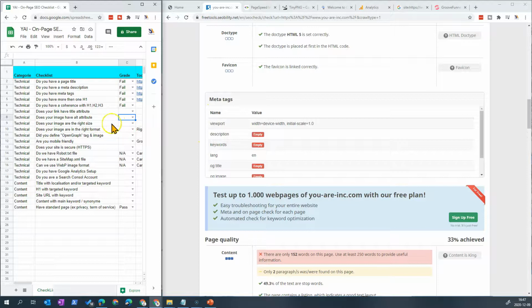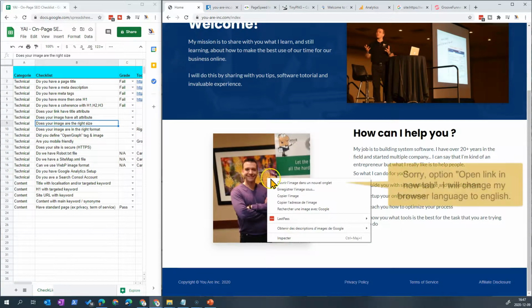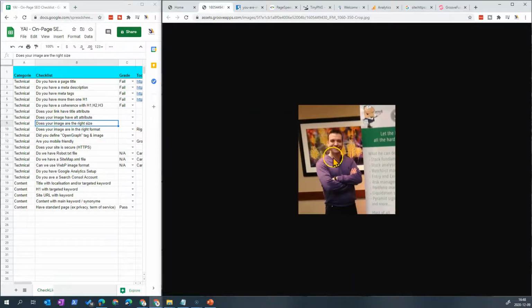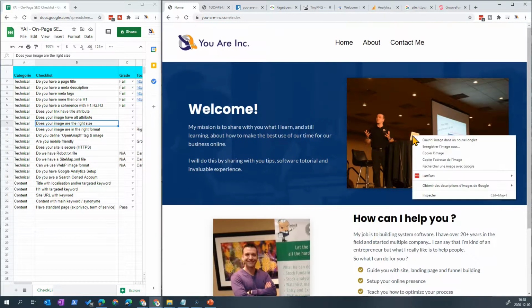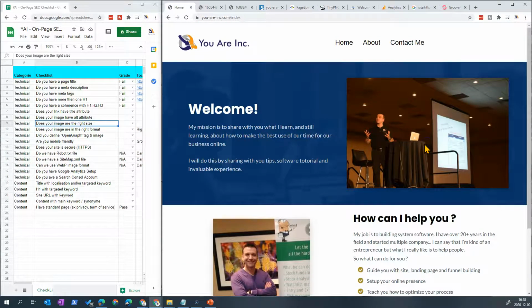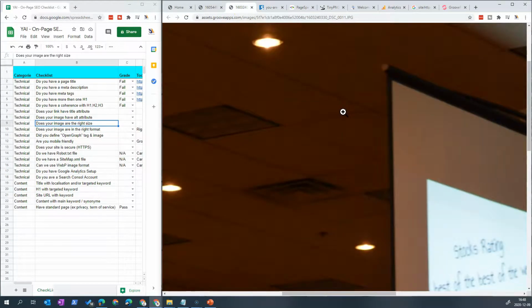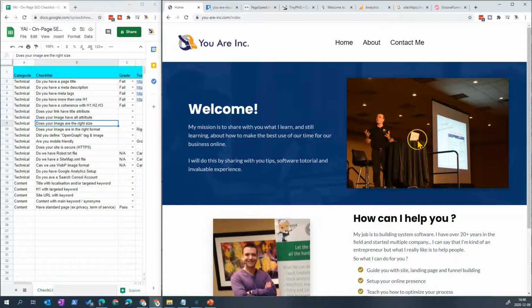Is the image the right size? This will not tell you, but when you come into your site, you see my image here is that size, and this one here. If I click here and say open in a new tab, you see that this image is basically the same size as this image. But when I come here and open in a new tab, you see that this image is way bigger. So this means that this image is not well sized.